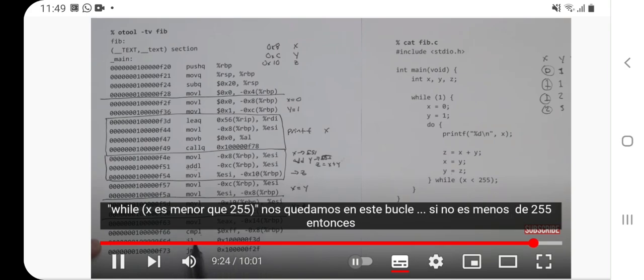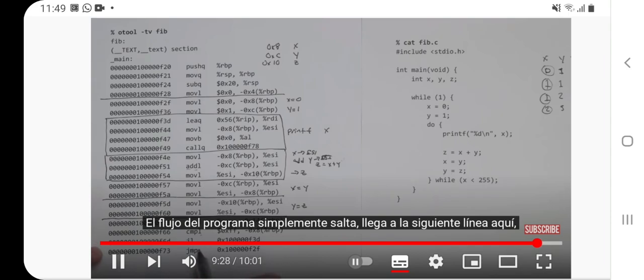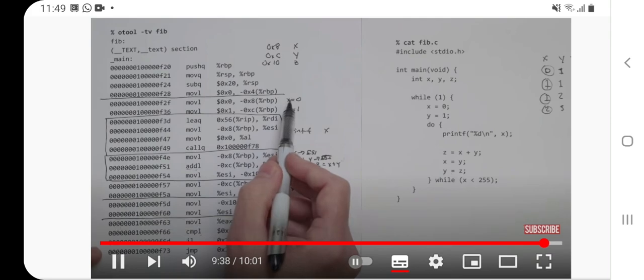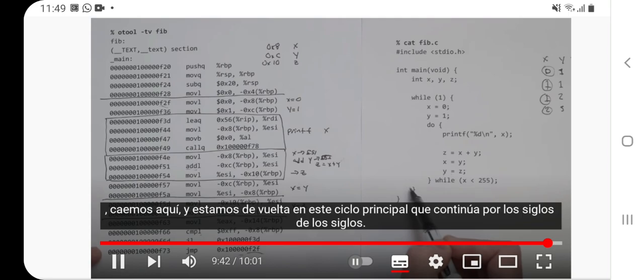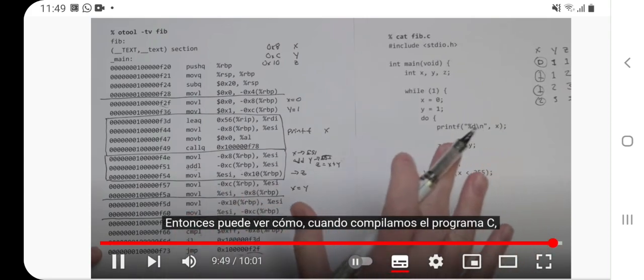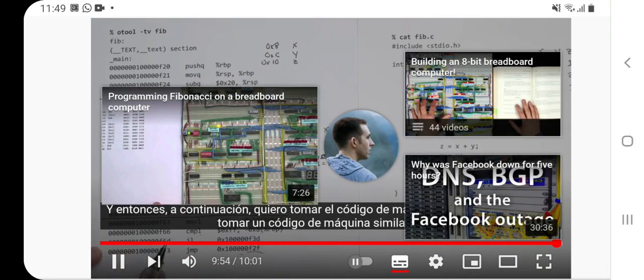If it's not less than 255, then the program flow just comes down to the next line here, which is just a jump, and this is an unconditional jump. We would always jump to F2F, and F2F is back here where we start with the x equals 0. And of course, once this loop is finished, we fall down here and we are back into this main loop that just goes on forever and ever. So you can see how when we compile this C program, we end up with this machine code. And so next I want to take the machine code and see how we can take machine code similar